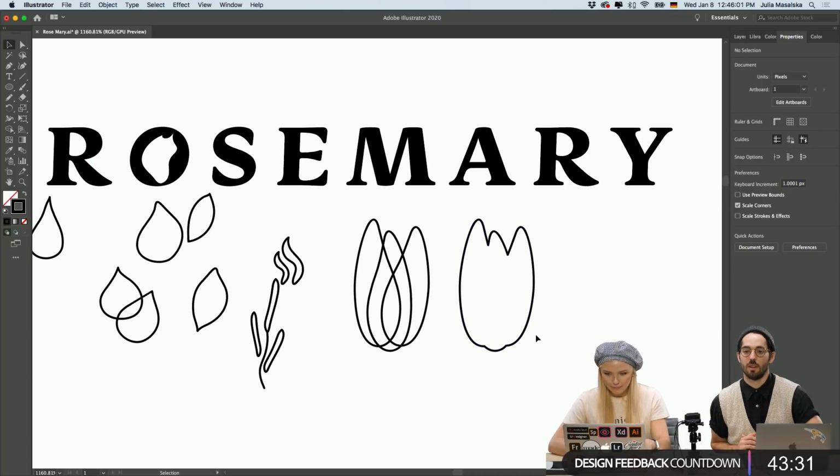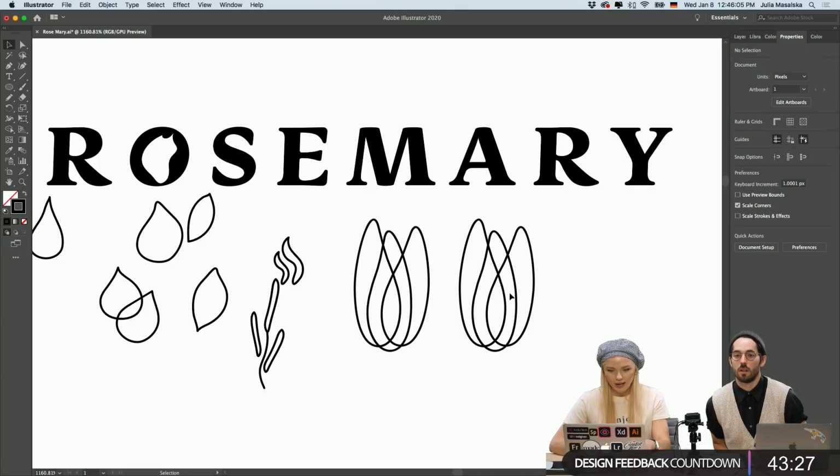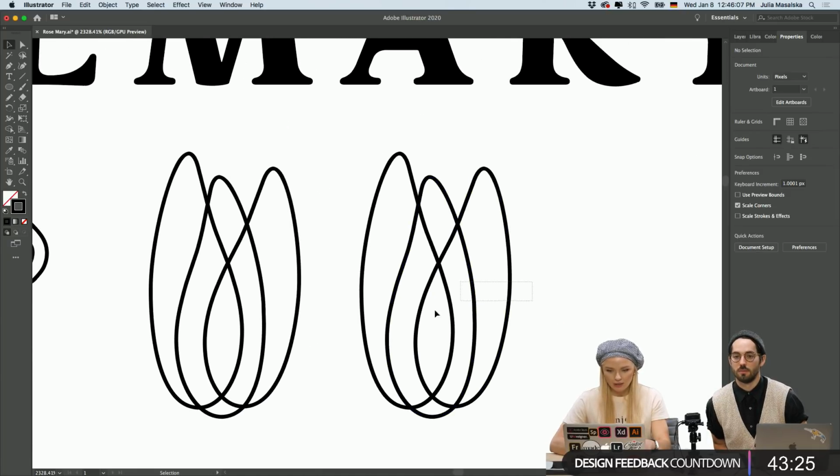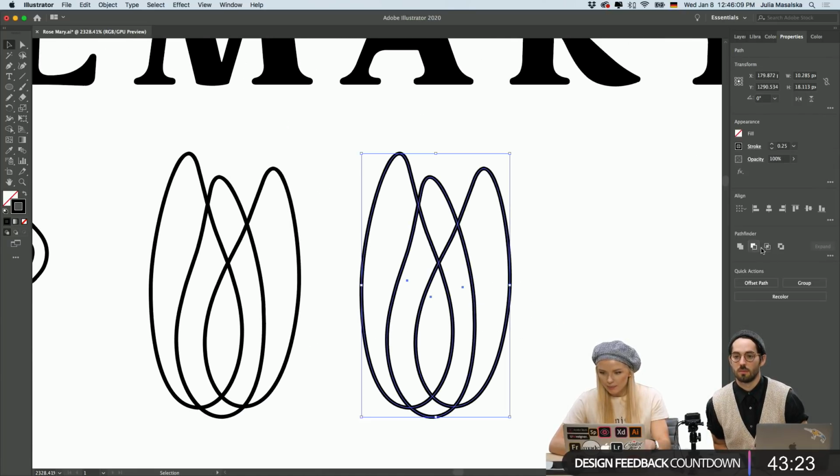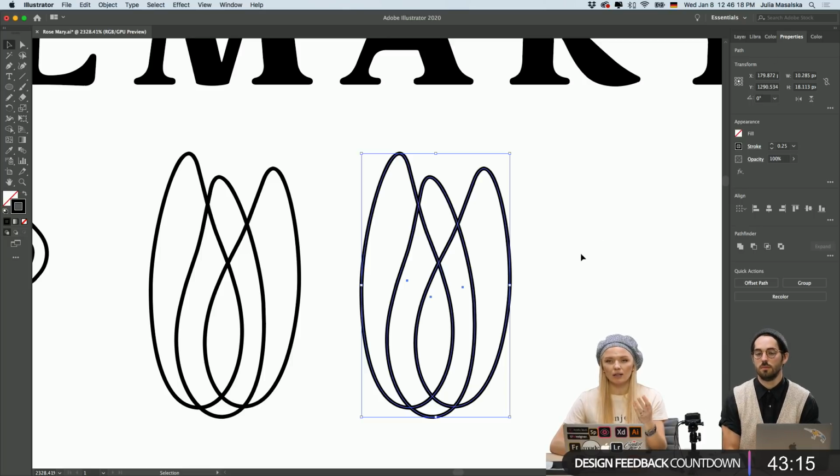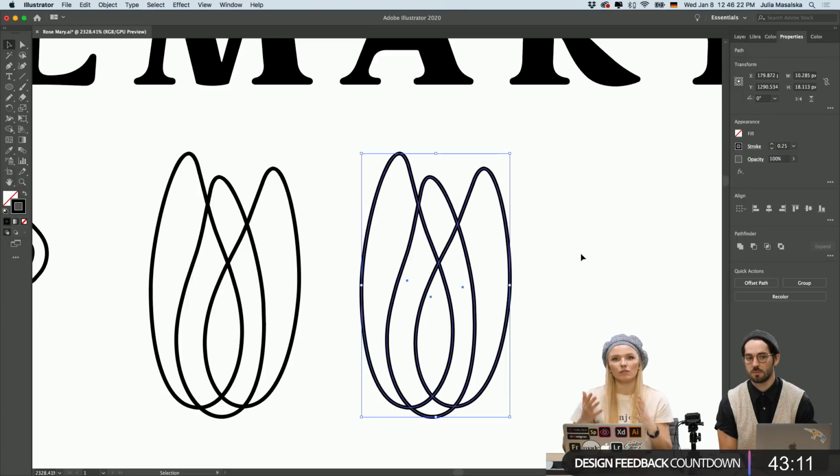Nice. Can you tell people what you did to combine those? All right. So I have multiple shapes right here, and then we have this Pathfinder bar. By the way, I really recommend you use the properties side toolbar, because as soon as you select an object, it shows you a variety of things you can do to this object specifically. If it's text, it will show you different typefaces you can pick.